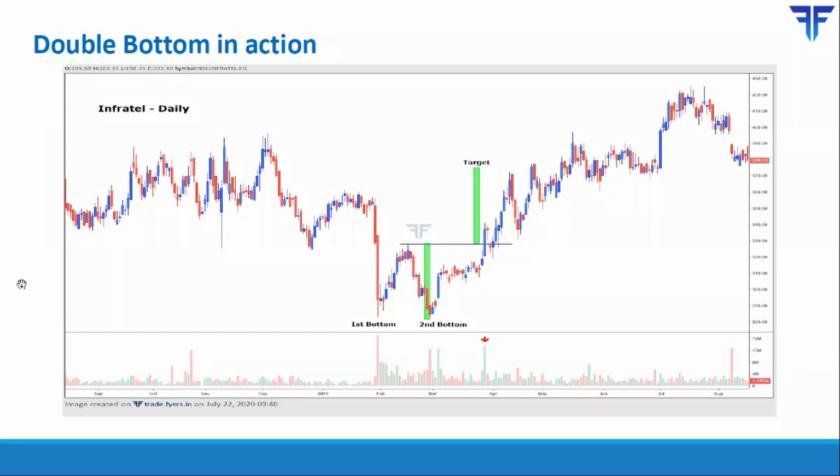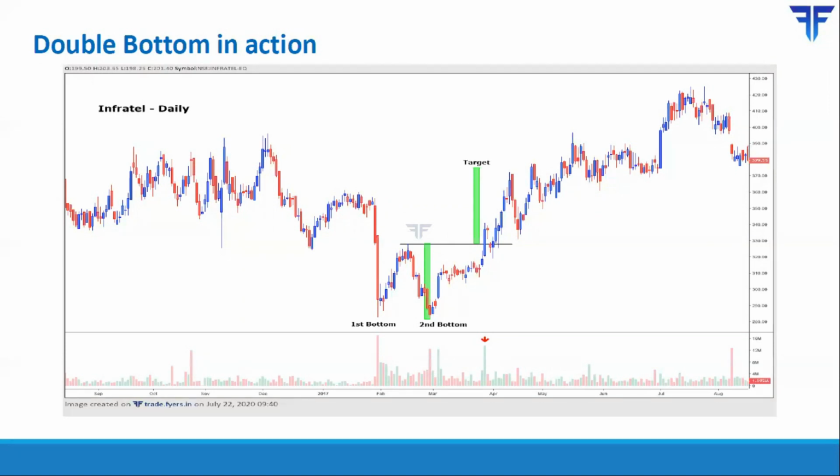So you need to keep that in mind. The important thing to recollect is that classical price patterns are applicable across all the time frames. So they work as well on, say, a weekly chart as they do on even a 1 minute or a 5 minute chart. So you could apply it across time frames.